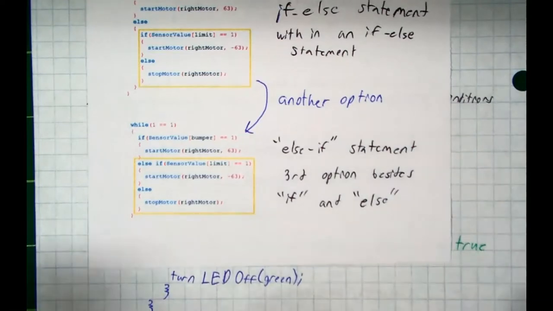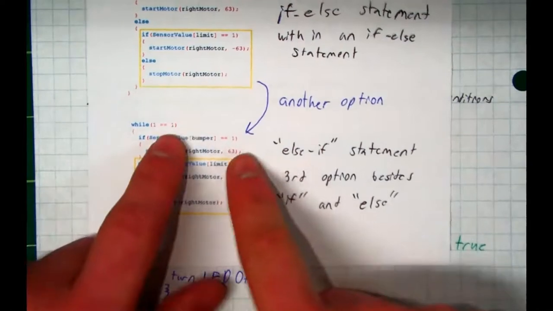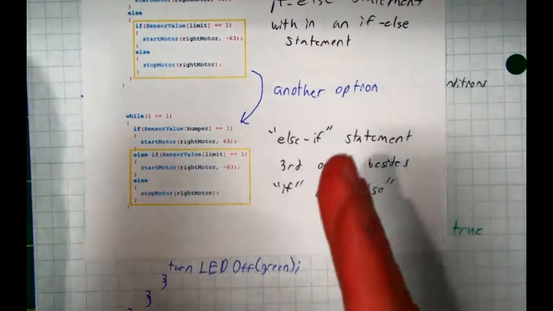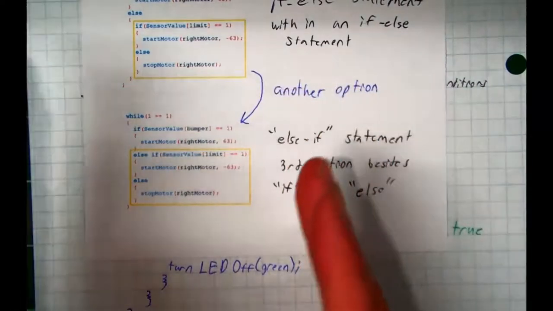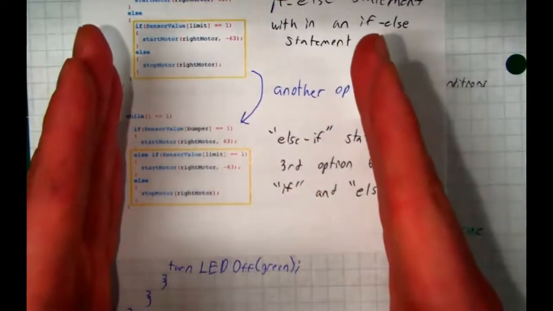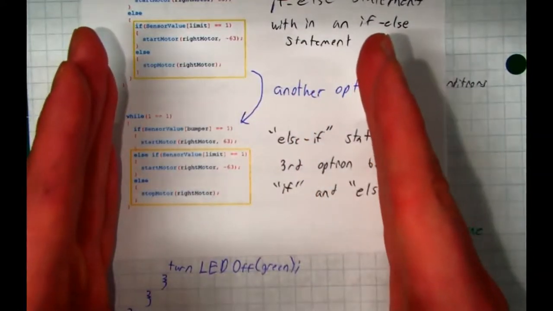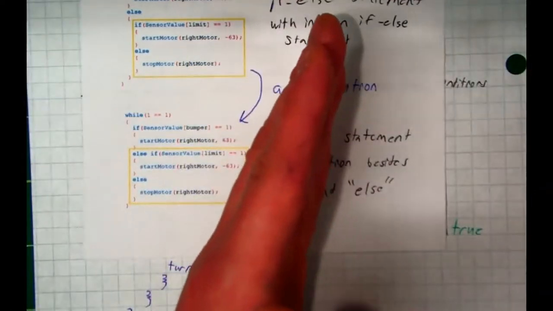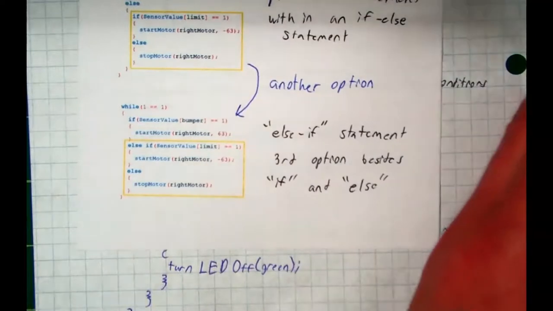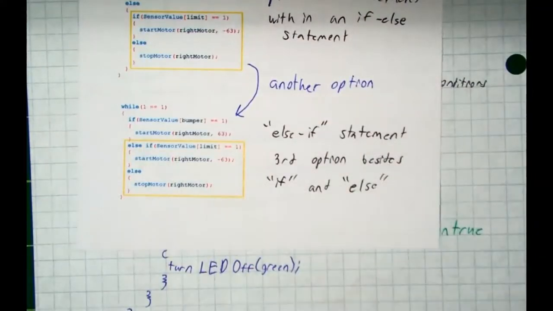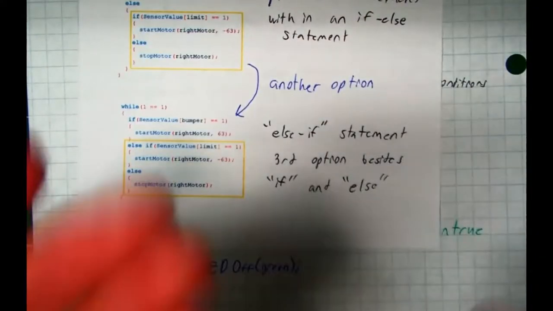So for example, let's say line followers, instead of the bump switch being pushed or not pushed, or the limit switch being pushed. Let's say I want one thing to happen. Let's say I want my right motor to spin forward if the line follower senses between 0 and 500. I want the right motor to spin backwards if it's between 500 and 1,000. I want the left motor to spin forward if it's above 1,000. I would say if, else if, else, for example. That way you have three options instead of